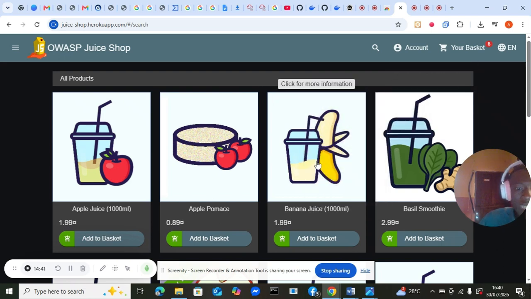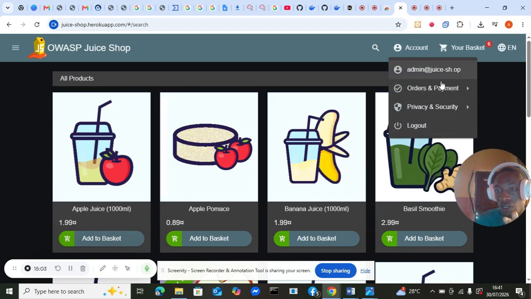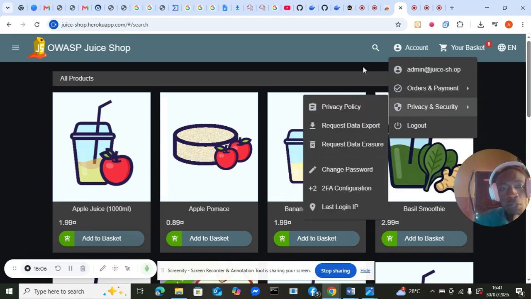Okay, so what I was telling us about has to do with the administrator's details. As you can see, I'm logged into the administrator's account, the admin account of the people who have this website. So if perchance Facebook was able to leak their admin email on any part of their website, like on these Nigerian websites, the contact us page and the rest, and they found out that somehow the admin detail was leaked, that simply means that their website can be easily hacked or something of that nature. So one of the problems here is finding admin details.